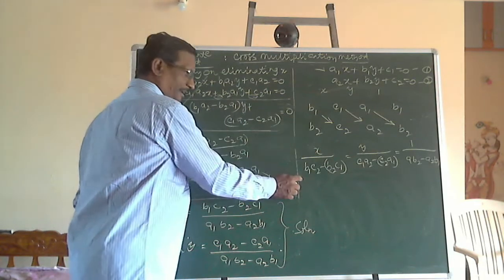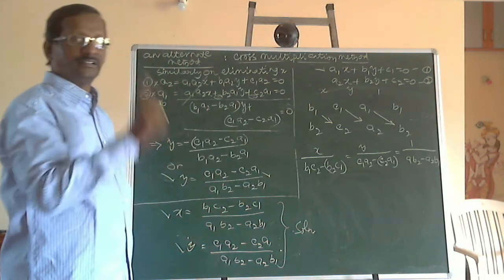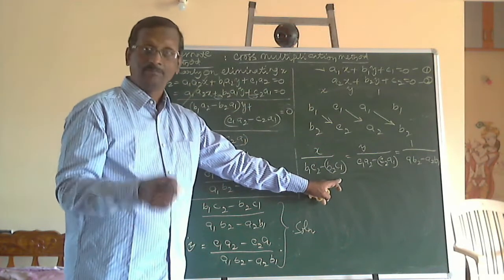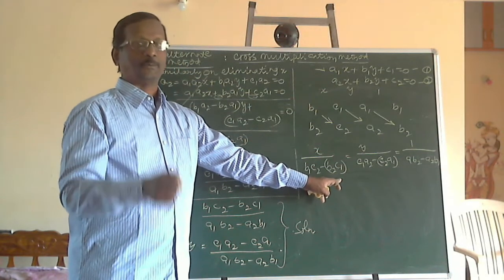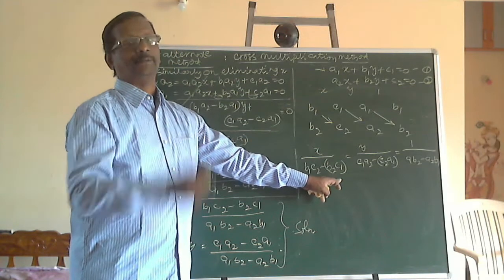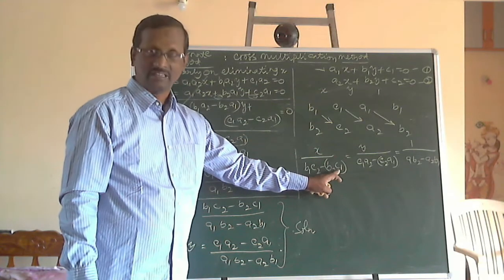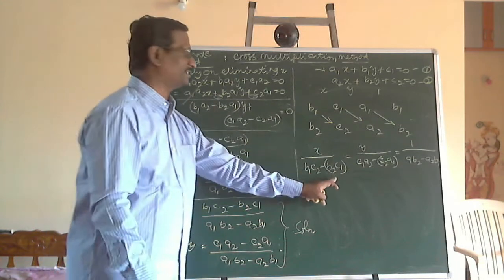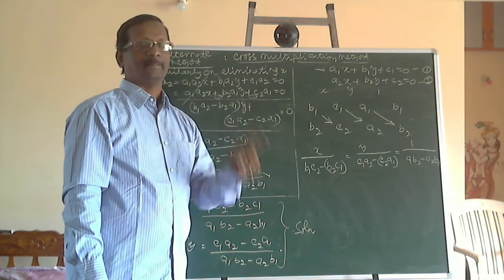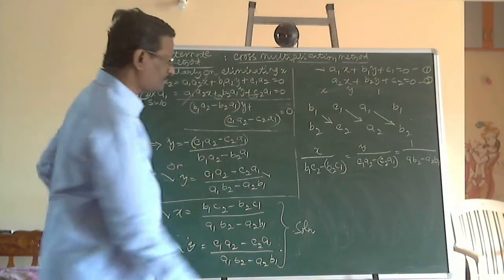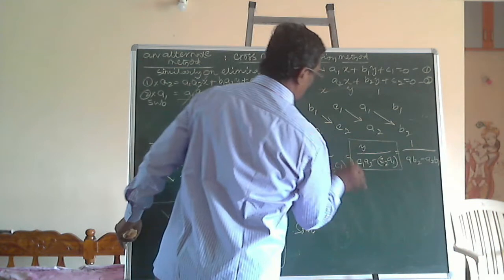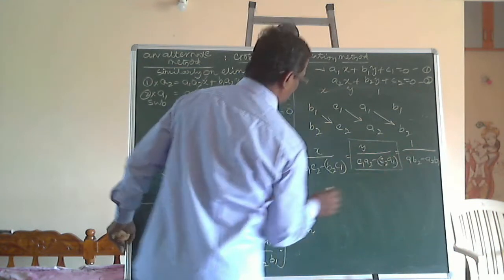Always write product 1, then minus, and then the second product, which may be positive or negative. Have a habit of writing the second product always inside the bracket. Sometimes the bracket is required, sometimes we don't need it, but the habit of writing the second product always inside the bracket is compulsory.